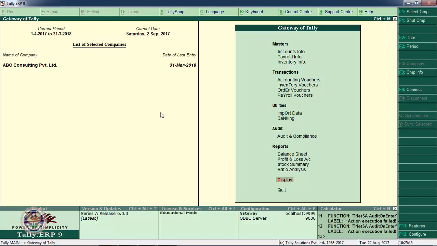So legally there will be only one profit and loss account. But for the purpose of management reporting, the management is interested in knowing the profitability of each department, the debtors of each department, the stock of each department, that is each vertical. So it is needed. For this purpose, we can put a separate mark on each voucher for the particular vertical. For example, there is a sales voucher. We can put a mark on every sales voucher for each vertical. For example, this is cement sale, this is footwear sale, and this is gold sale.